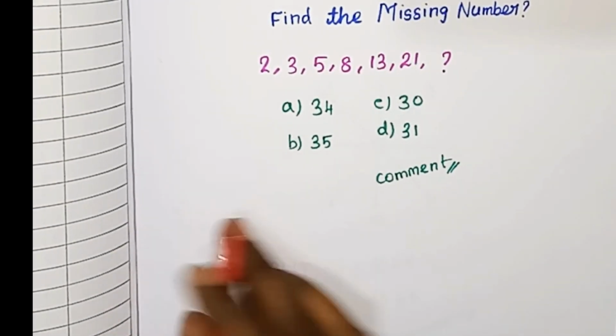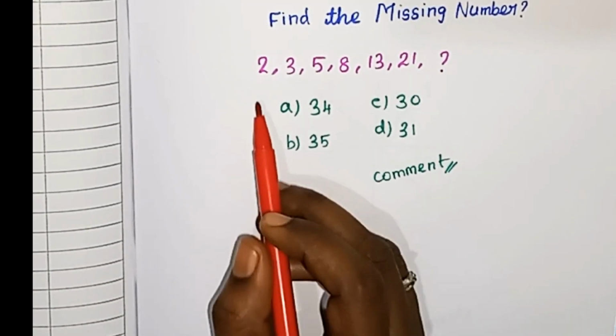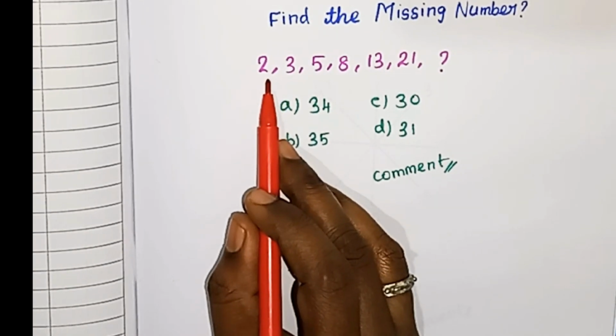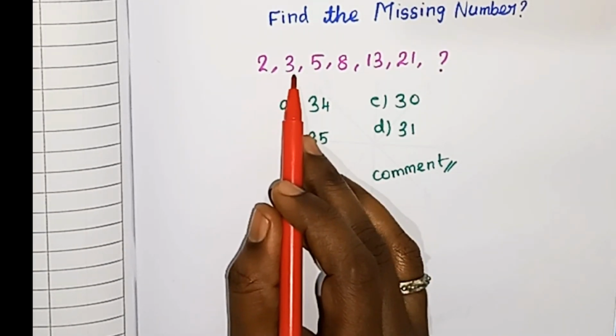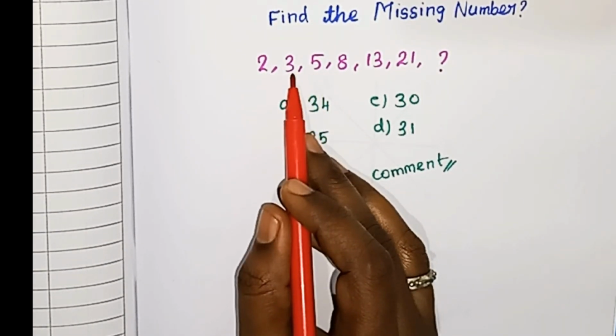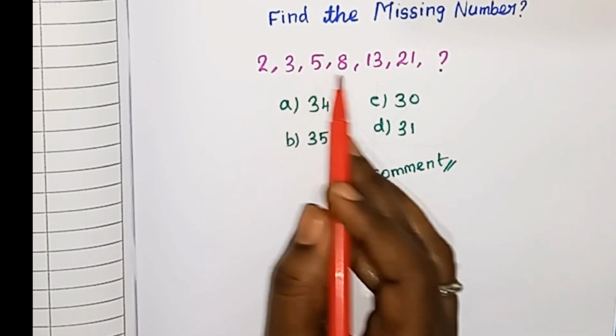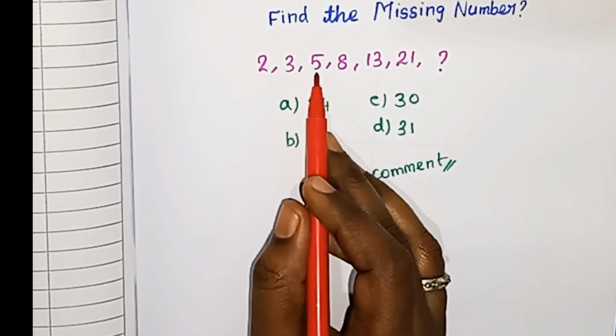Missing number, the answer. So we are going to see the answer. In this question, we are using 2. 2 plus 3 is 5. And then next 3 plus 5 is 8. And then 8 plus